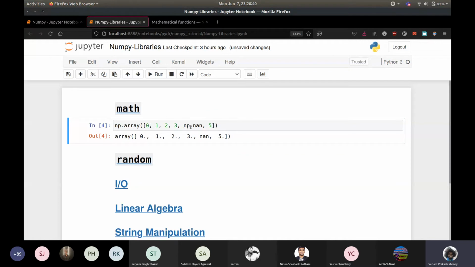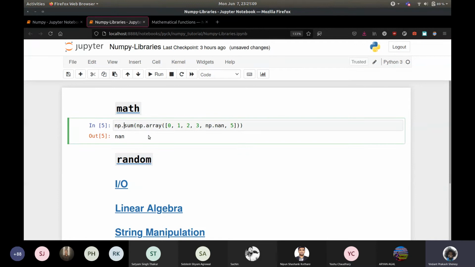If you want to take the sum, then it'll just tell you nan, because if you add a number to something that's not a number, the standard across many languages and many operating systems is to return a nan.